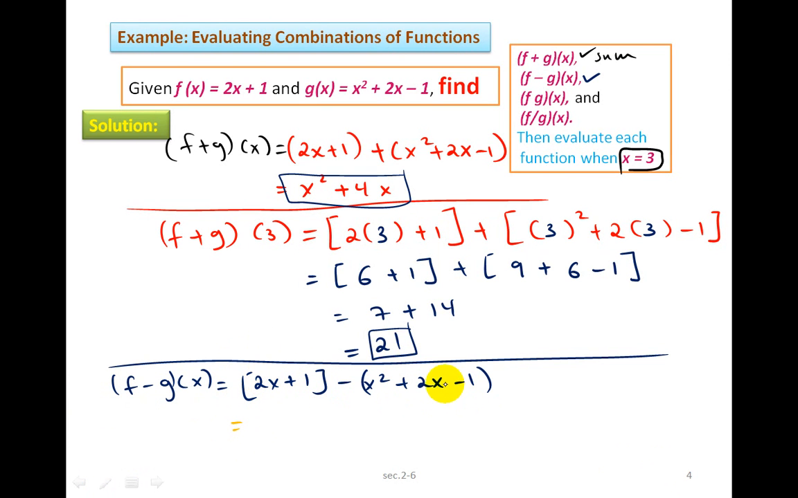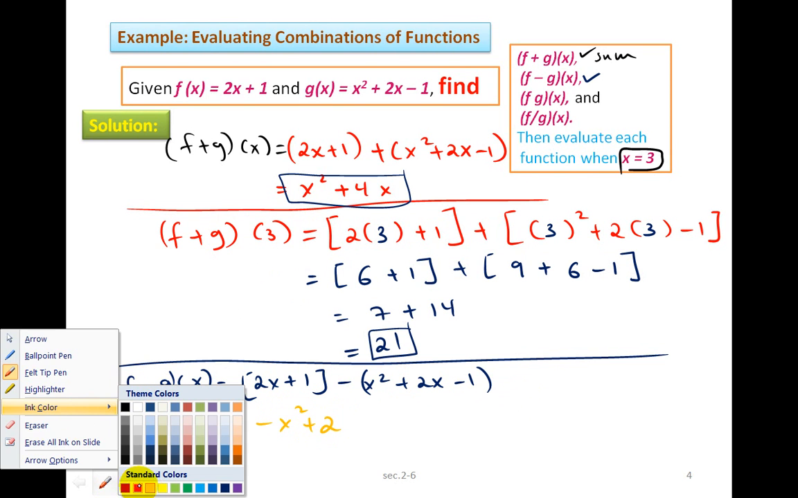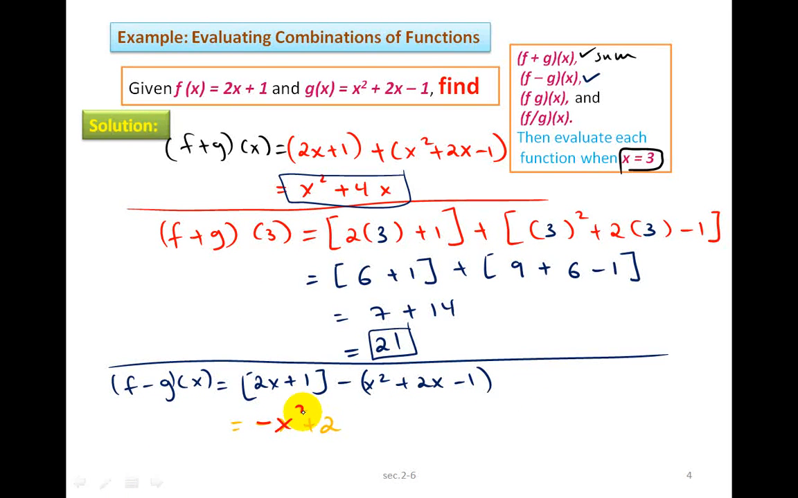2x minus 2x will give you 0. And 1 minus minus 1 will be 1 plus 1, that will give you 2. And here minus x squared is alone, so it will be minus x squared plus 2. This minus x squared came, 2x cancelled out with 2x, 1 minus minus 1 will give you 2. Okay, next thing,